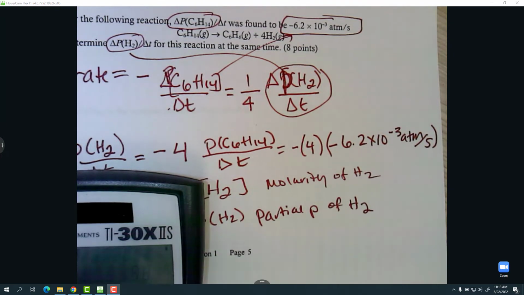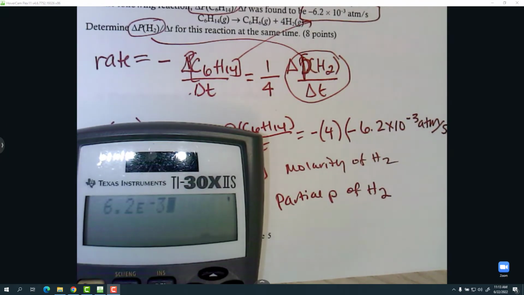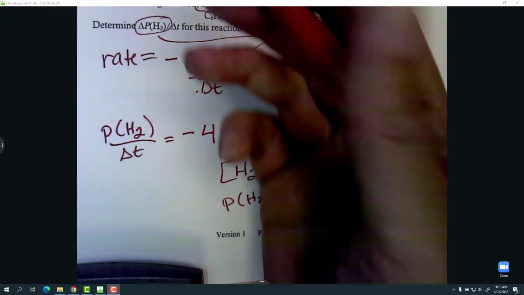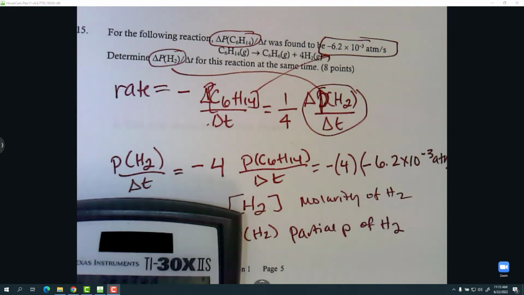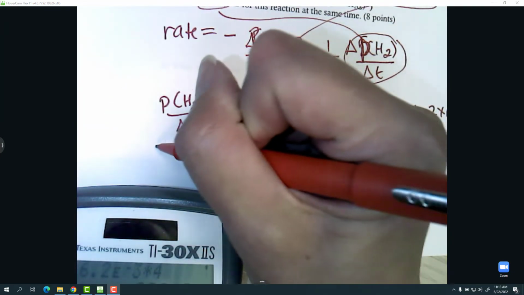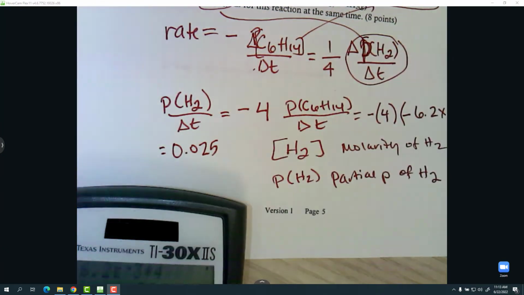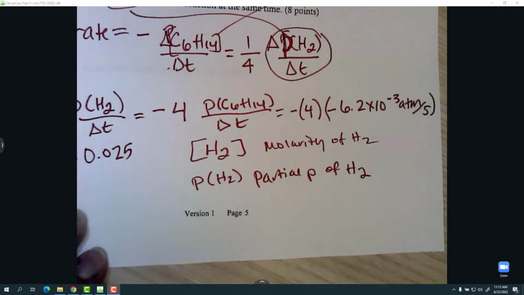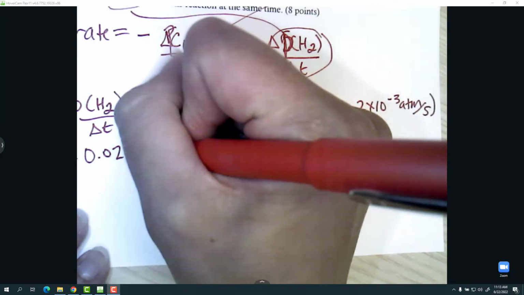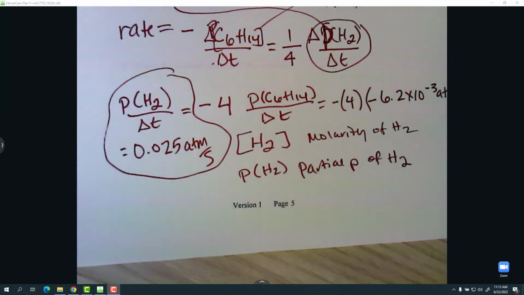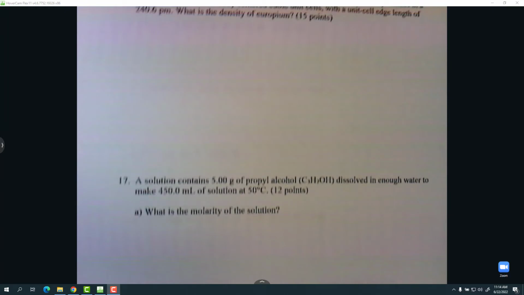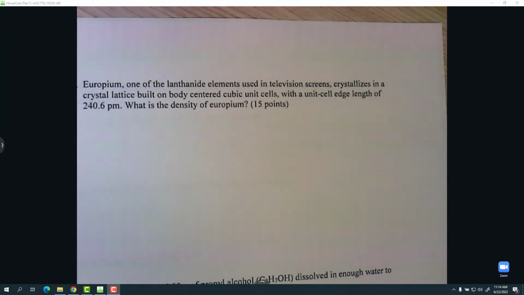It's just going to be 6.2 times 10 to the minus 3 times 4. Let's see, 2 sig figs. On the answer key, I have it in scientific notation, but it doesn't matter. 0.025. The units would be atmospheres per second. All right, europium, lanthanide, television screens,